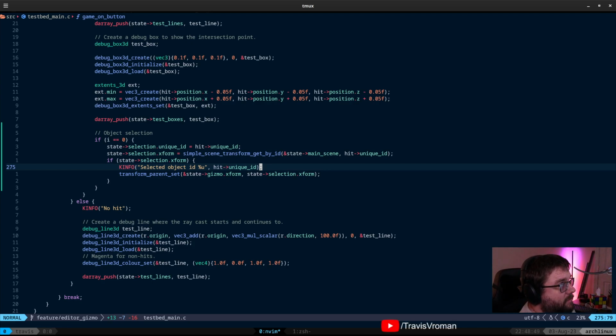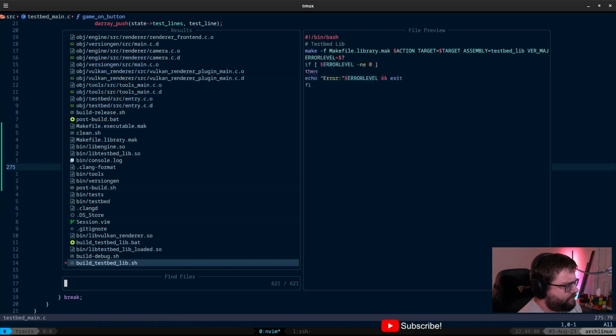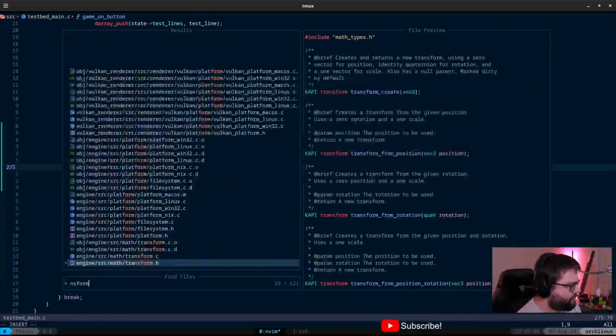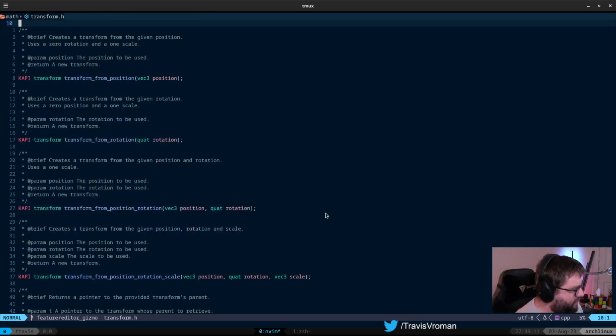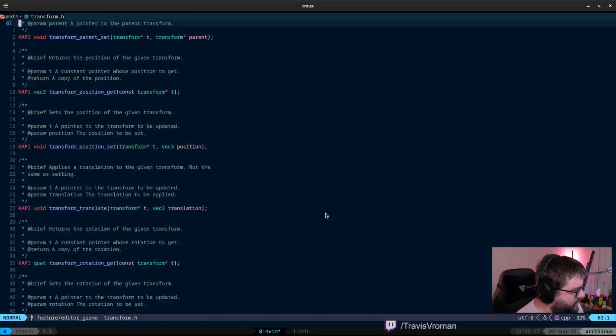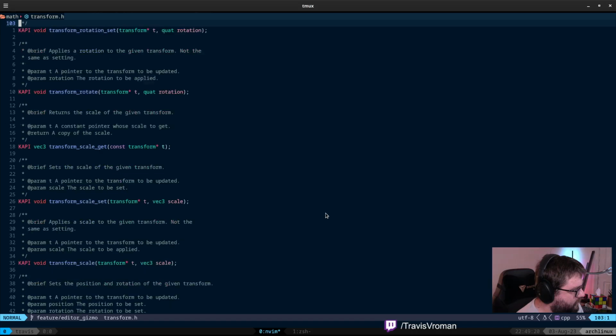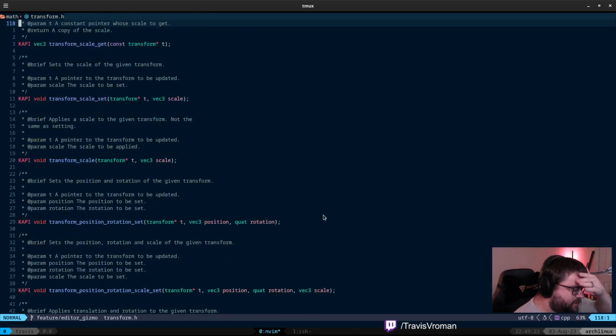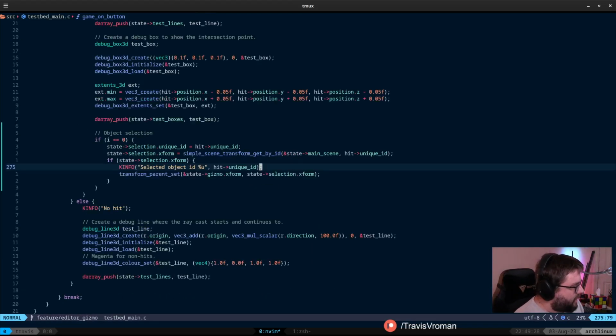And then extract the scale and rotation out of the parent's transform and use that. I should be able to do that fairly easily, because we have gets for all of those. Alright,